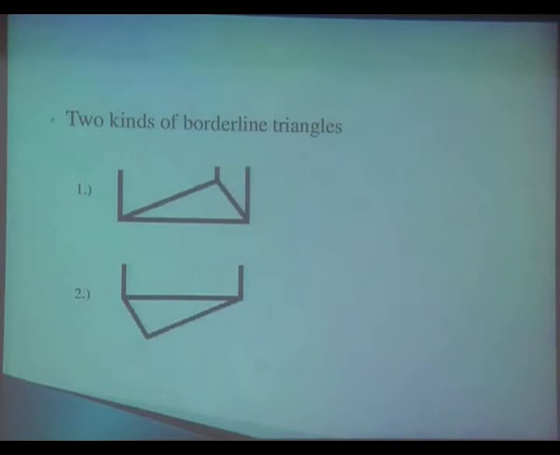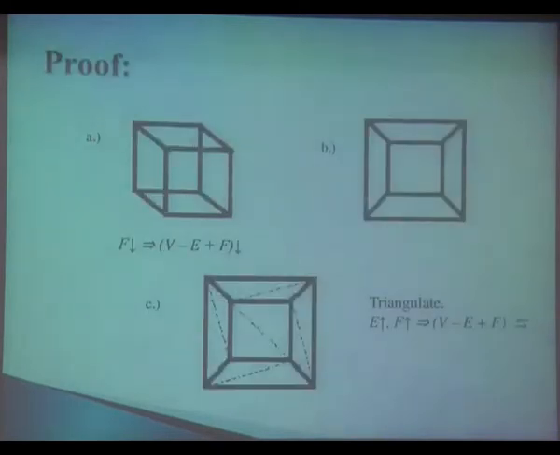And even in the case of 2-side triangles, there I'll get rid of both those 2 edges which are outside. I'll reduce the number of edges by 2, the number of vertices by 1, and the number of faces by 1. V minus E plus F remains the same overall. If I simply continue to do this to this figure, I'll ultimately be left with a triangle for which V minus E plus F is simply 1. I'll have 3 edges, 3 vertices, and 1 face. 1 face is what remains. Therefore, for the original polyhedron I have, V minus E plus F is equal to 2. Done. That's the proof of this.